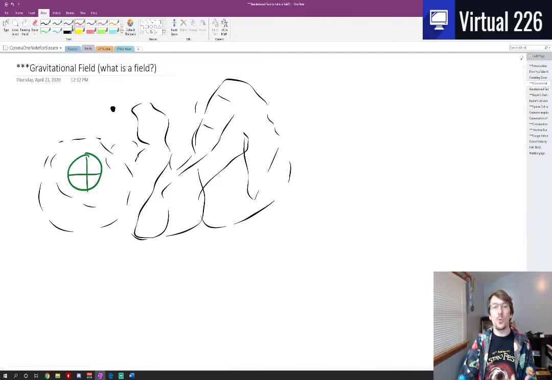Now, if you had more than one object, like here's Earth and out here's Mars, technically we'd have to look at both Earth and Mars's gravitational attractions, add them together and say, look, at this point right here, there's some combination of the fields. There's a field interaction there. But it's simply a value at every single point in space for everything.